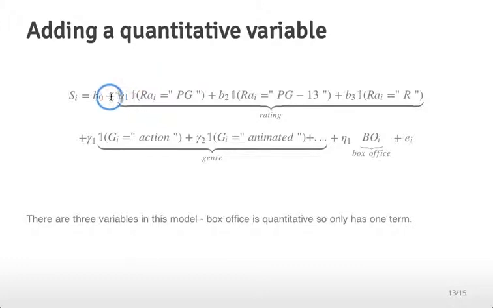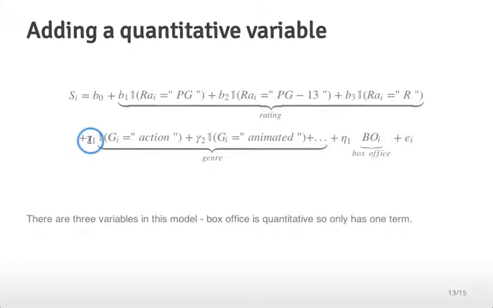So again, this is the same ANOVA model where we have the Rotten Tomatoes score as the outcome, we have the movie rating terms, we have the genre terms, and then I add just a quantitative variable for the box office here. So the box office is just a number in millions of dollars. And so you actually just include this as one more term in the model. And since this isn't a factor variable, this is a quantitative variable, we only include it as one term. And the important thing here is that when we include a factor variable like this, the difference between an action movie and an animated movie